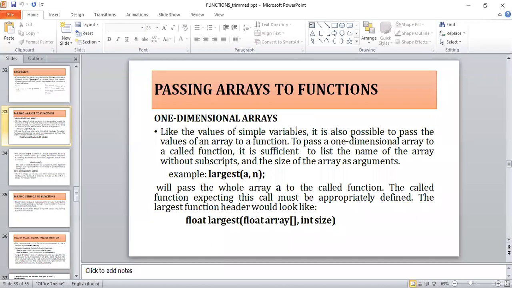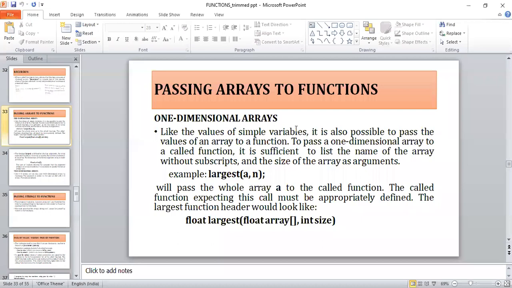Simply call the array along with the number of elements. No need to mention the size in the square brackets. I'll repeat once again: to pass an array as an argument to the function, only mention the name of the array, not its size, but simply along with the number of elements.